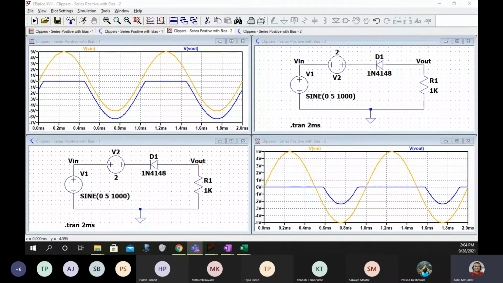Yes, that is correct. So Harsh and others, go for the input output characteristics if you are finished. But I am going to wait till 2:10 till everybody completes this. Some students might be facing some problem or they might be doing it in some other way. But nevertheless, you have to come up to this.